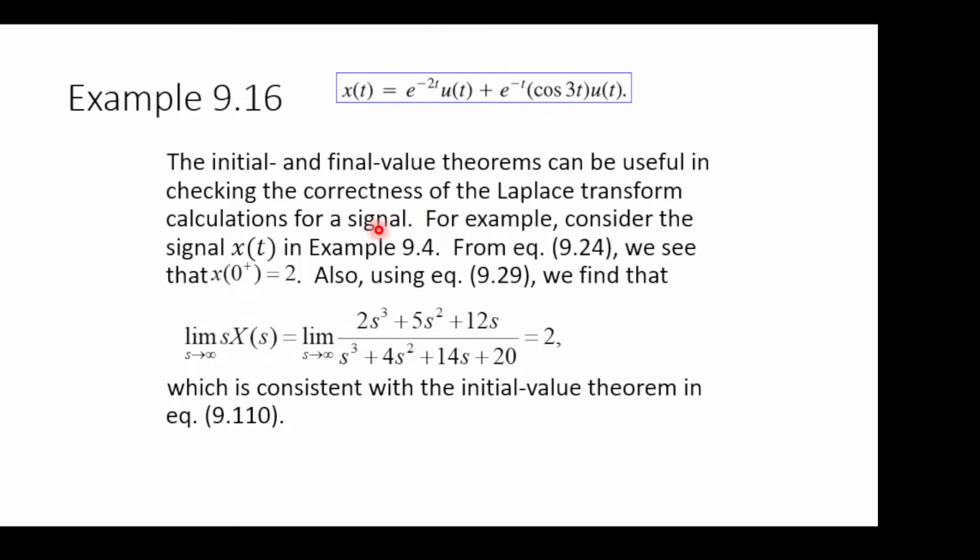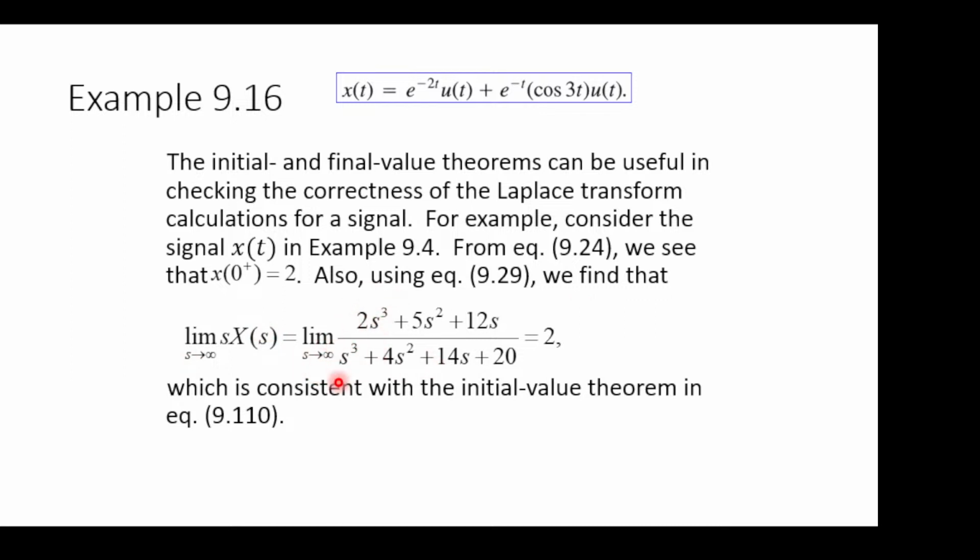Okay, so this is example 4.9. We have x of t equals this thing, and it has a rational big X of s, which we didn't write here. But anyway, we have x of t equals this thing, and s times big X of s equals this thing: 2s cubed plus something over s cubed plus something. And we say this is easy to use because consider s goes to infinity, so you only need to